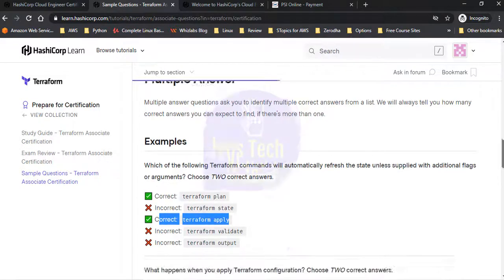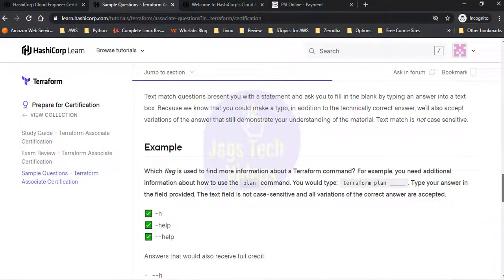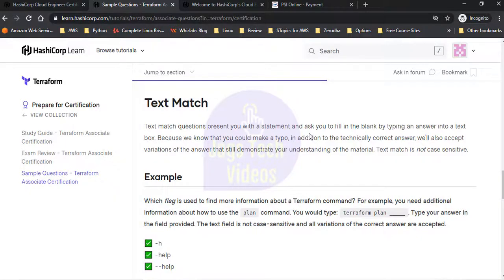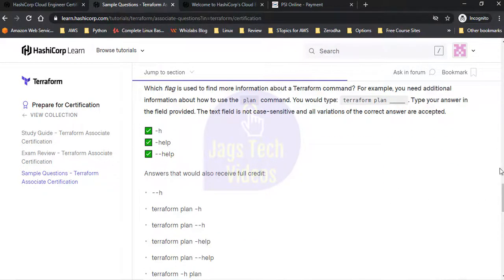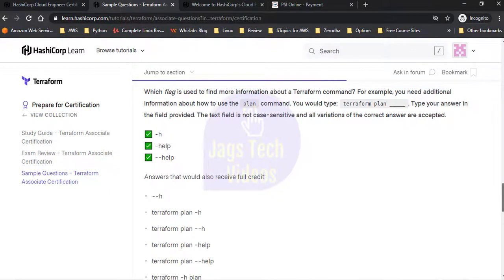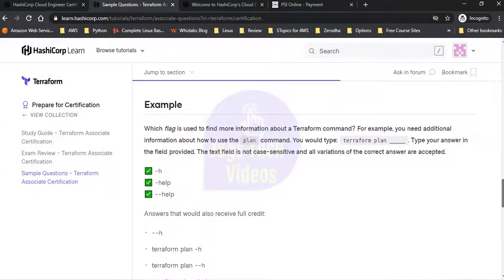And the most interesting part is the text match. It means you will need to manually type the fill in the blanks section, the exact answer. In this case, they are asking terraform space plan space dash. So you will need to type an answer which exactly matches any one of the recommendations below.